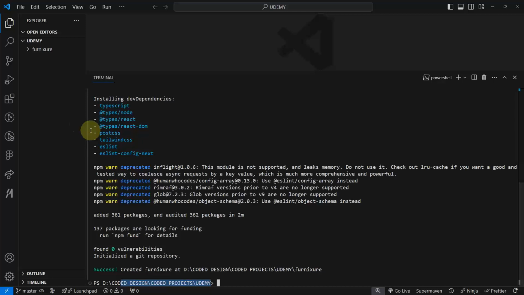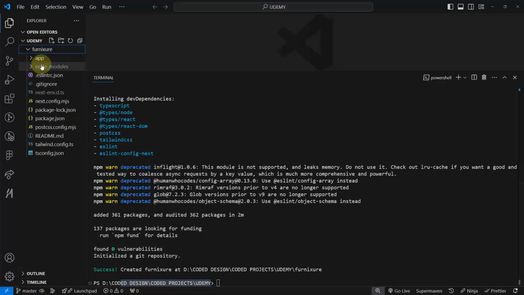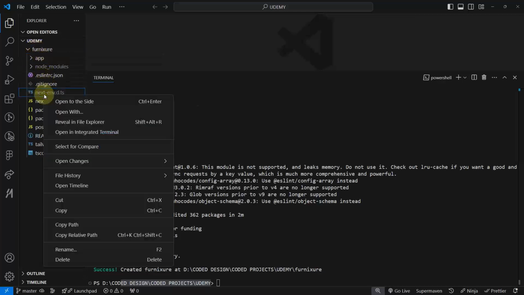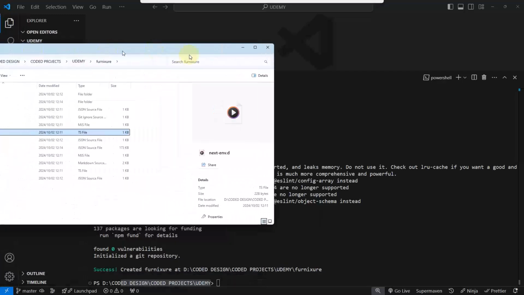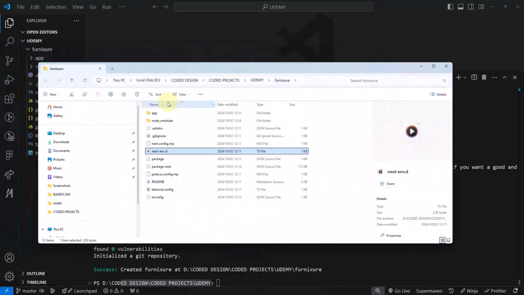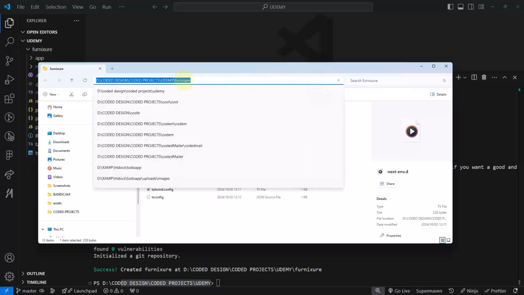So what does this mean? This means that we have to be inside here. So what I usually do, I always open my project and I right click on any file and choose reveal in Explorer in Visual Studio Code. Okay, so this is showing on a different screen. Let me just put it here so that you can also see it. So as you can see, it's taking me directly to this location. So I will copy this path,